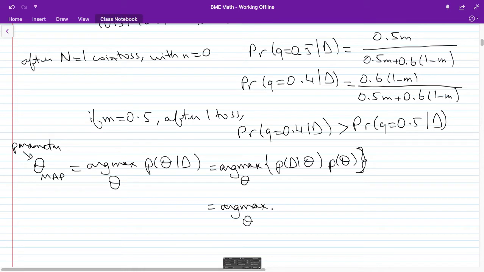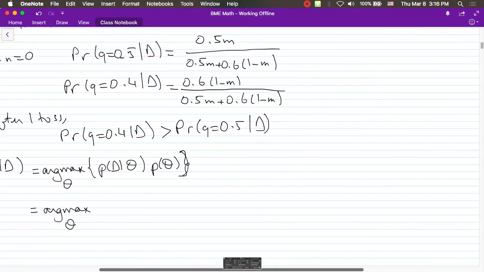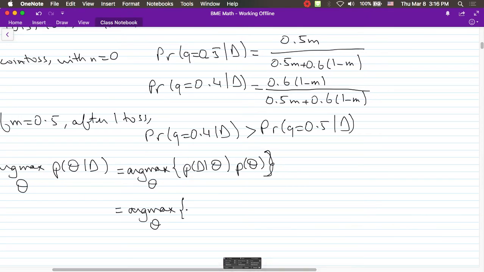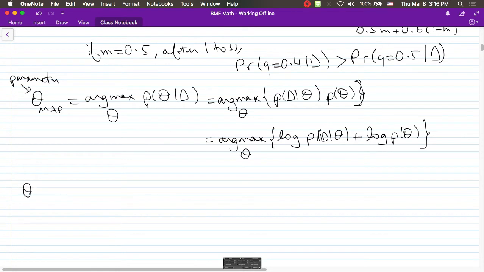argmax theta, okay, that's horrible. All right, let's go back. So when we want to find the log of this, it is the log of P of the likelihood plus the log of my prior. Now let's compare that to maximum likelihood. So when I want to find the maximum likelihood estimate,